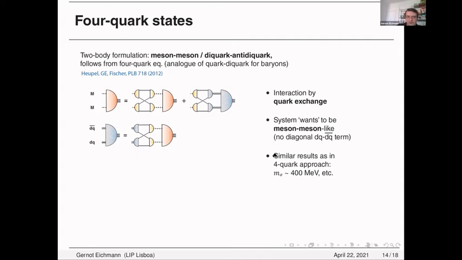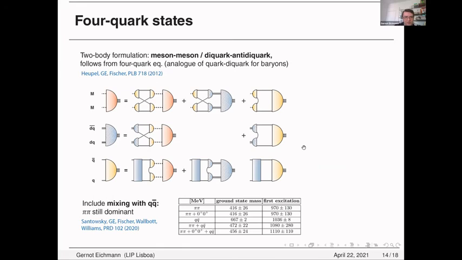And also here we get similar results as in the 4-body approach. For example, the mass of the signal comes out at around 400 MeV. Another advantage of the 2-body formulation is that one can include a mixing with QQ bar, which becomes another row